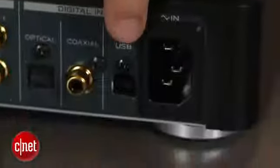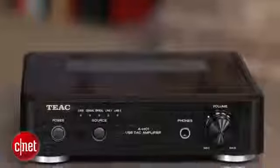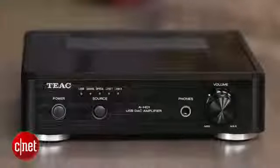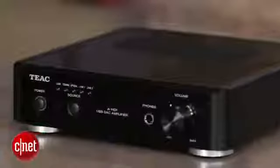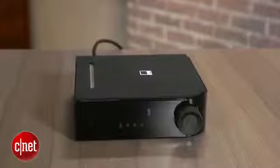There's also a USB port on the back that you can connect directly to a computer, which not only lets you play back your MP3 collection, but also allows you to play back high-resolution audio files as long as you have the right software. What you won't find on the AH01 is any kind of wireless capability, such as Wi-Fi, AirPlay, or Bluetooth. That's not a huge loss, as you can always add that later with an Apple TV or a Bluetooth receiver, although it's worth pointing out that the excellent NAD D3020 has Bluetooth built in for about the